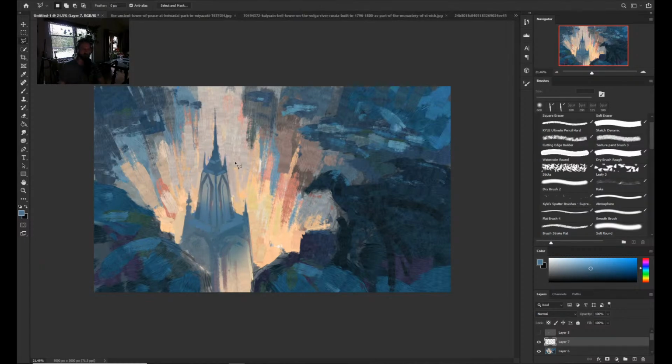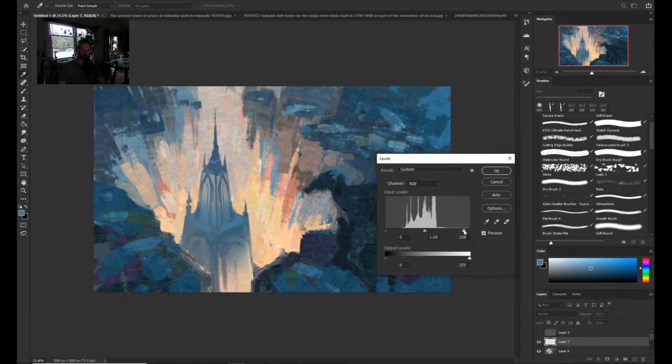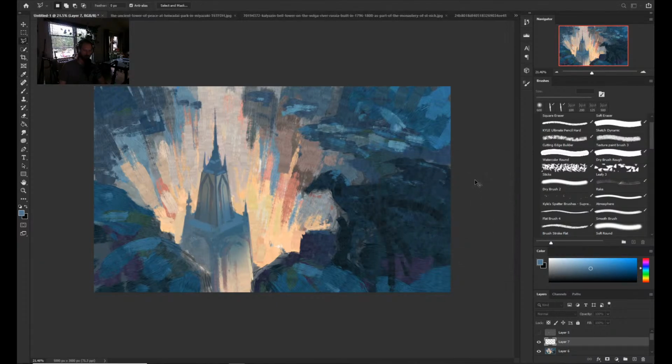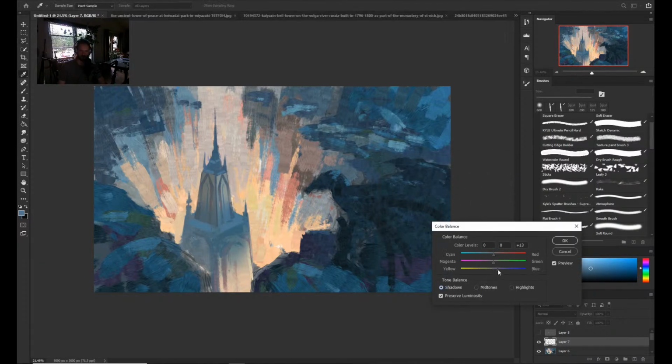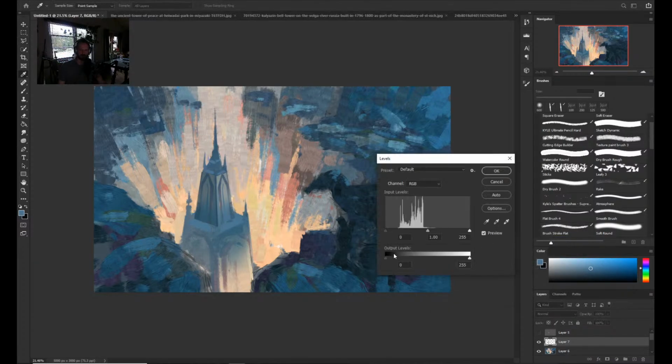And let's just change the lower the highlights a bit so it's a bit more in shadow than the other side. And we can do a little color balance to give it some more of that cyan shadow tone. Sometimes this takes a bit of tweaking between the levels and the color balance, but